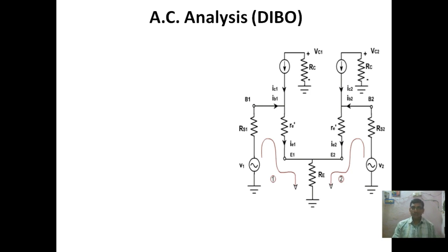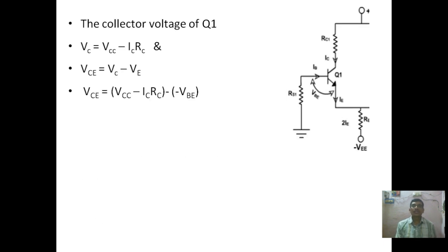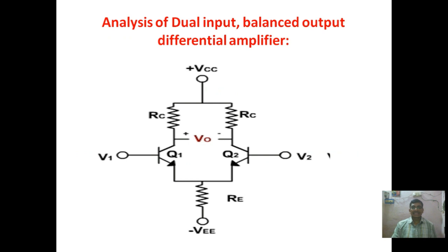In order to do the AC analysis, one thing we have to understand: all the DC sources that are present in the circuit should be given to the ground terminal. In this circuit, we can see the DC voltages present are the plus VCC and minus VEE. These two should be replaced with a ground, because as we are doing AC analysis, DC sources must be given to the 0. And one thing, these transistors should be replaced with equivalent circuits, equivalent circuits of H parameters or R parameters, whatever it is.